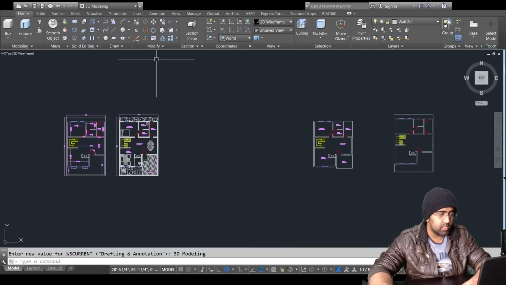Okay, so the first thing I want to show you here is this view tab. Here you have 2D workspace, 2D wireframe, conceptual, hidden, realistic. I want you to keep working in 3D wireframe in this one, and then we can change that to shaded. So let's click on 3D wireframe,